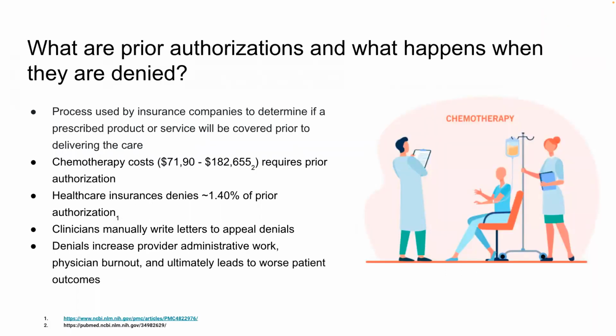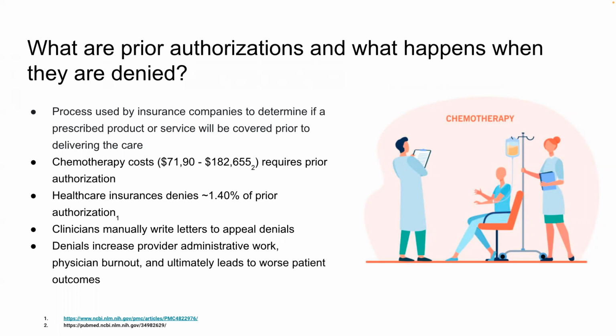So what are prior authorization denials and what happens when they're denied? Prior authorizations are a process used by insurance companies to determine if a prescribed product or service will be covered prior to delivering the care. This is typically used for very high-cost items such as surgery, MRIs, or chemotherapy, where costs can be around $100,000